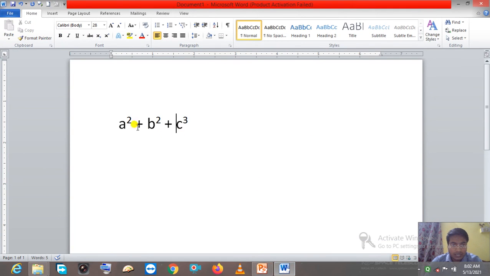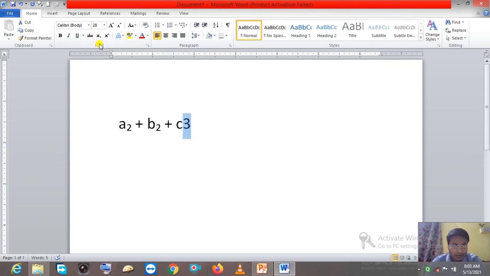Now let me show you the practical. As you can see on the screen, suppose here I have written a2 b2 plus c3, and all are written in normal line. Now you want to apply subscript, then select the text, then click here in the font group. Here you can see this is subscript and the shortcut key we have is control plus equal. Just click on that. Now you can notice 2 will come just below the normal line. Clear? Same way select this one also, then click on the subscript option. You can see the result.